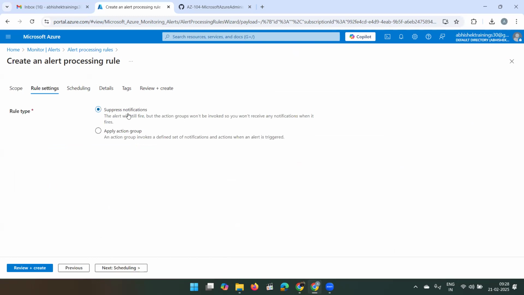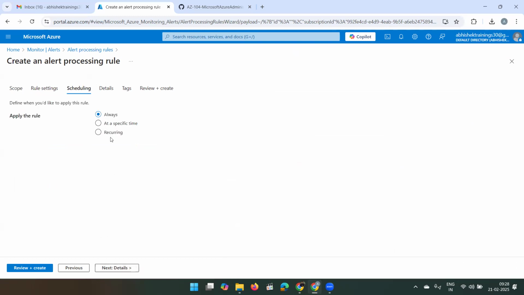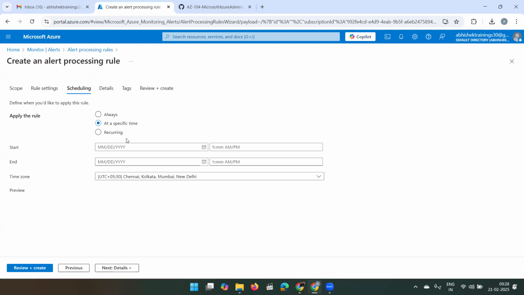In the rule settings, suppress the notifications. Scheduling at a specific time. Then you can choose any time. For example, you can start